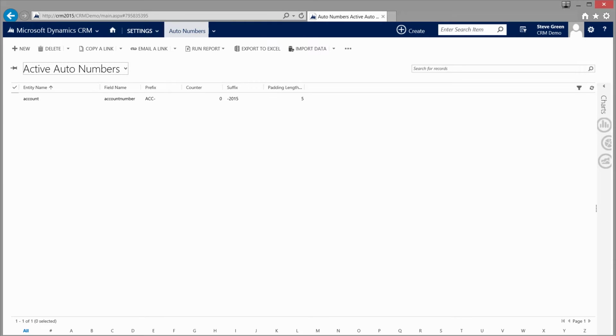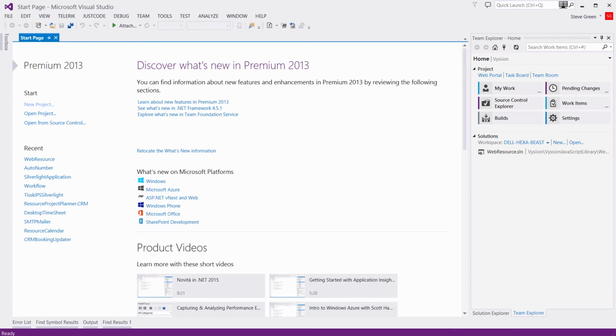So next we need to start on the plugin. To create the plugin itself, I'll bring up Visual Studio. I'm going to be using the developer toolkit. Although it's developing for CRM 2015 and there isn't actually a developer toolkit for CRM 2015, there was talk about it, but it seems to have never appeared. And I don't know if there's some plans from Microsoft or whether they just abolished it. But anyway, you can still use the CRM 2013 developer toolkit, but there's a couple of gotchas with that as well, in that